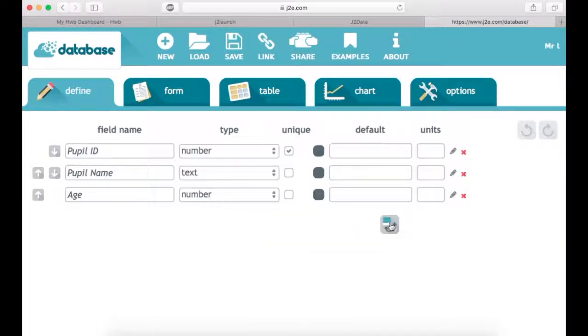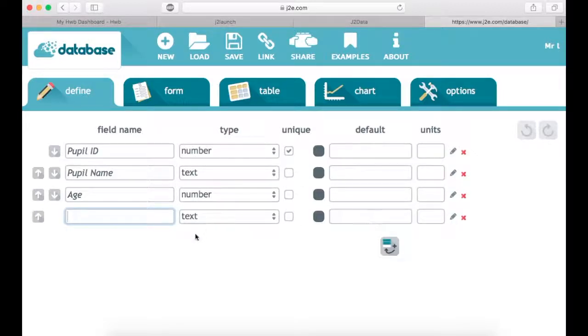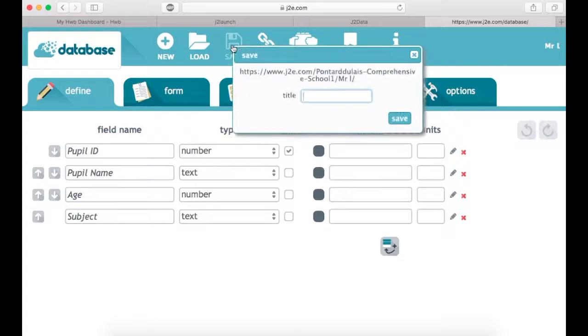Now I'm going to put another entry in here, and we're going to just call it subject. I'm going to put the pupil's favourite subject in, which is going to be a text field as well. Once you've entered all of your field names in, you're going to click on the Save button at the top, and then it's going to ask us to give it a name. I'm just going to call it Example Database,